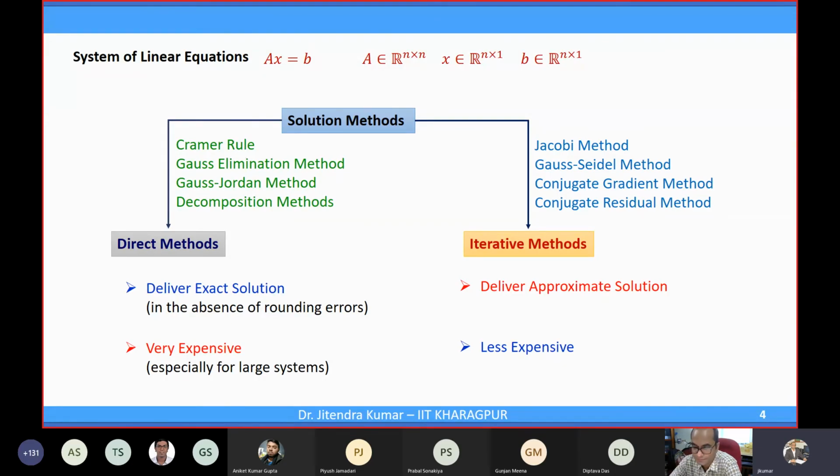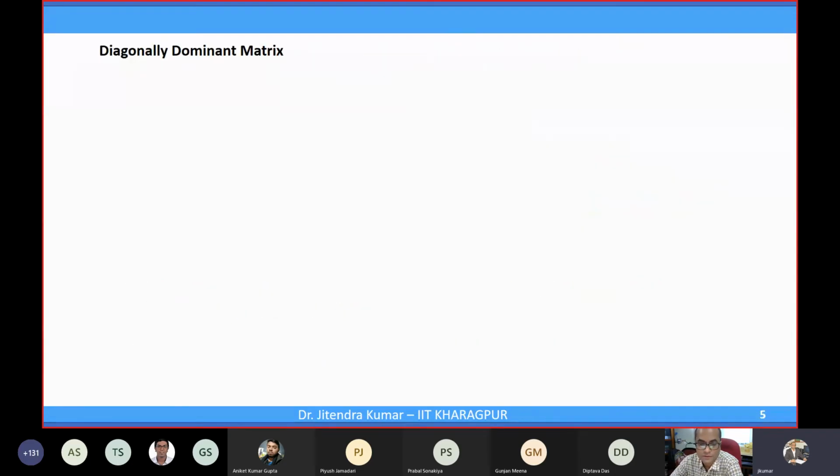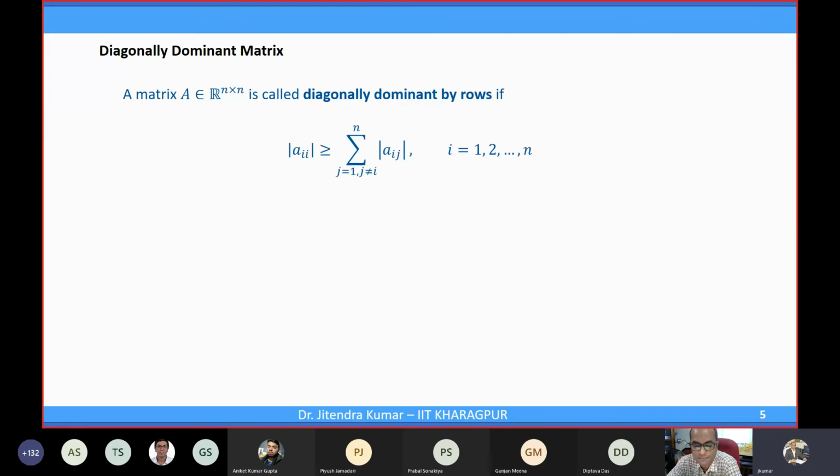Okay, so I want to introduce some terminology here because we need it for discussing various aspects of those iterative methods. First is the diagonally dominant matrix. What is a diagonally dominant matrix? A matrix A is called diagonally dominant by rows if